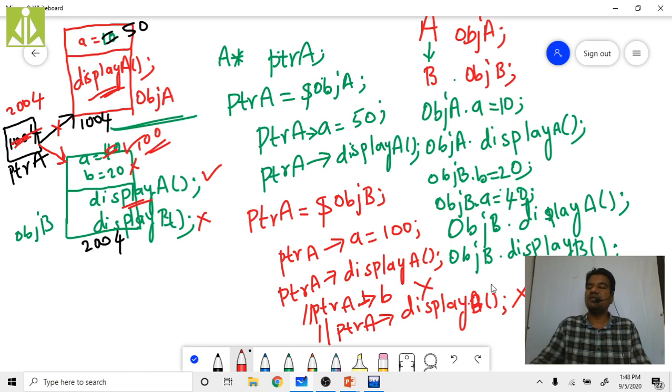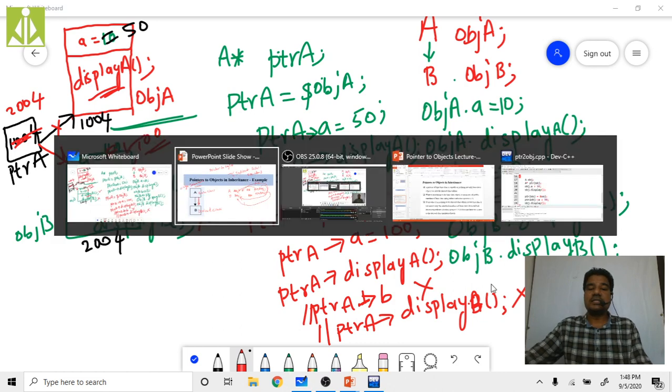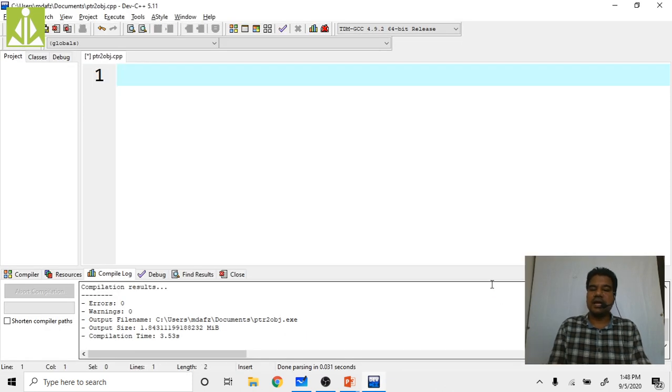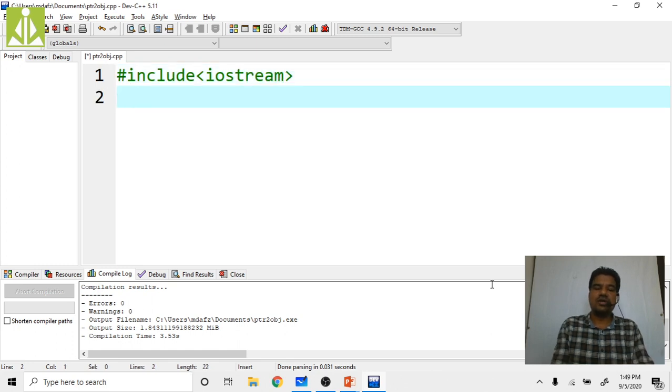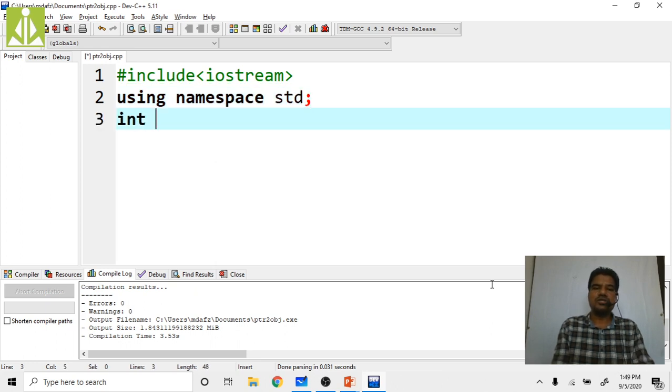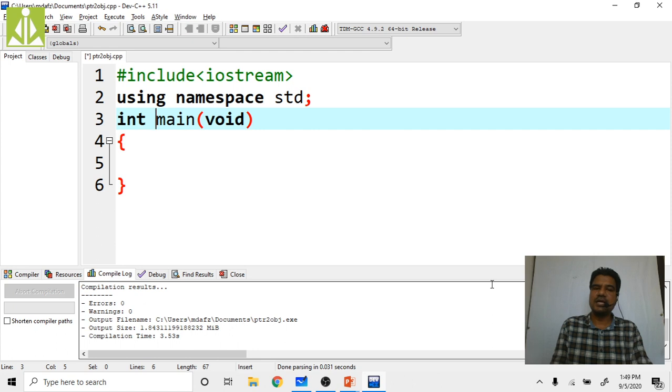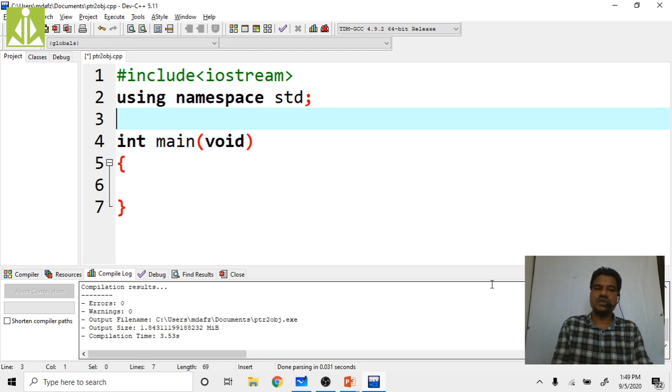So all these things quickly we will see with the help of an example program. Quickly go and create that A class and that B class, as I have done. So #include <iostream>, then using namespace std; int main(void), this I will write afterwards, but before that we have to declare the classes and write the definitions for those classes.